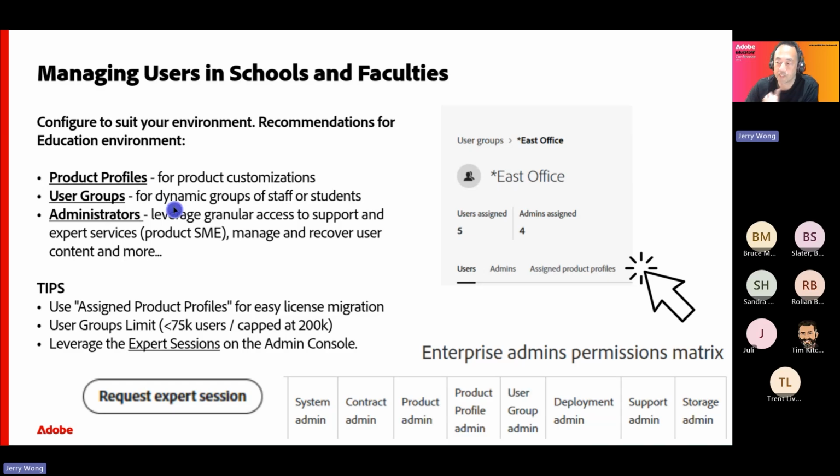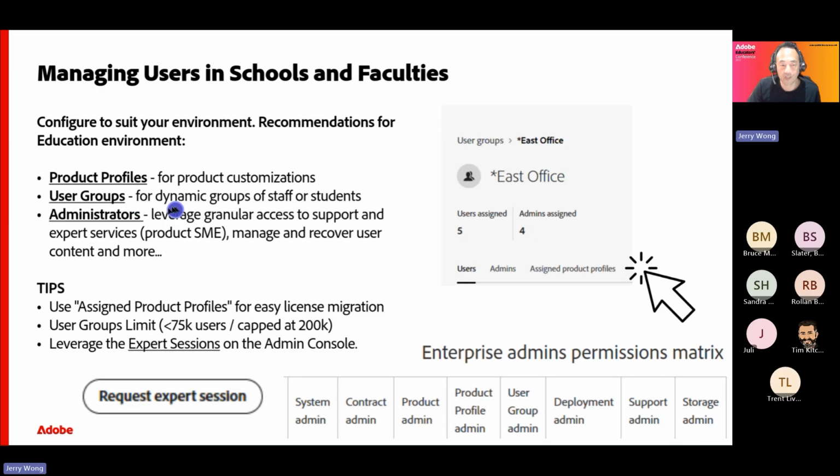A lot of the times I've seen on consoles, they provision users directly onto the product profiles. I would not recommend adding the users to the product profiles. I would recommend you use user groups, because further down the line, if there's any change of products or you need to migrate users or different sets of users, it is easier to do it through user groups. And I'll just show you in a second how and why it's easier.